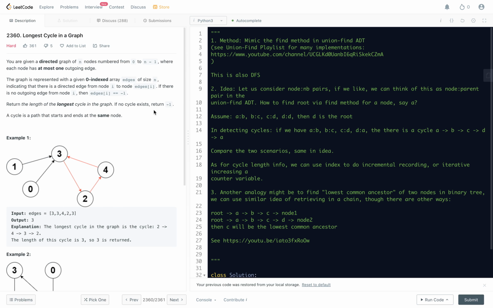Let's have a look at problem 2360 again, longest cycle in a graph. So this problem is a typical graph problem for detecting cycles. We can use DFS, and here we are going to present another format of DFS solution. But the purpose is the following. We're going to mimic the find method in the union-find abstract data structure and make some loose connections with